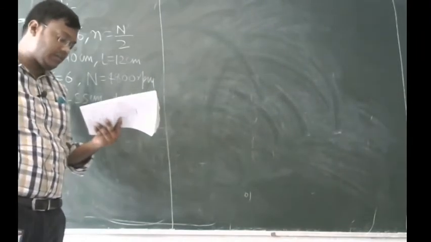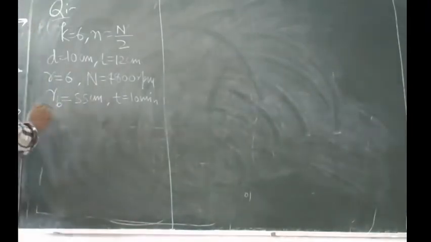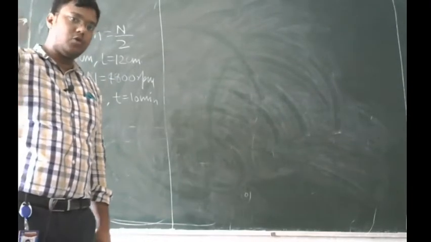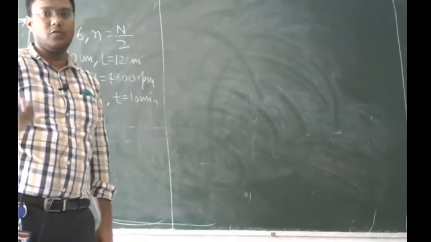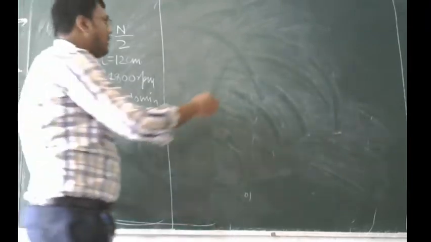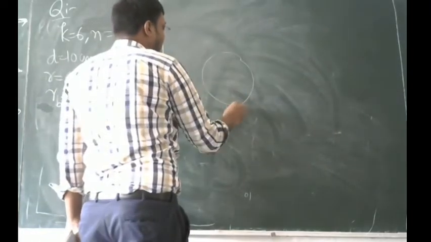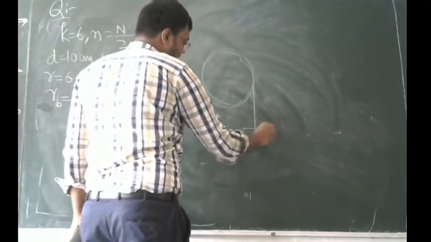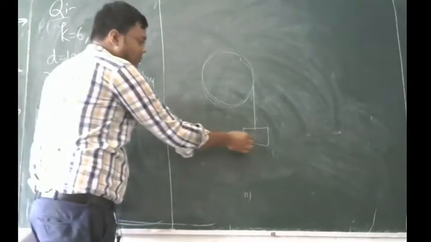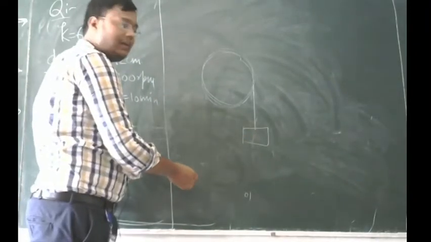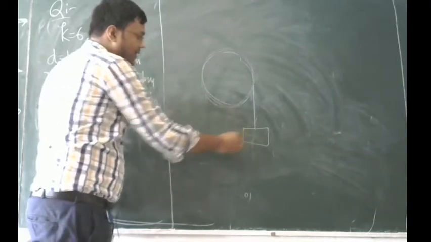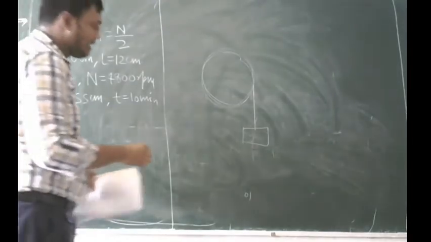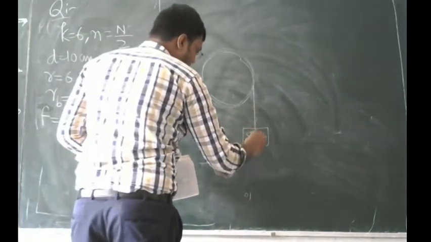The dynamometer reads 45 kg. That is the reading of the dynamometer. In the dynamometer, we use a rope on the circular shaft, and this rope is hung with a weight. The weight shows the force, how much force we are applying to stop the shaft. So with the help of this weight, we can calculate the force. This weight is 45 kg.